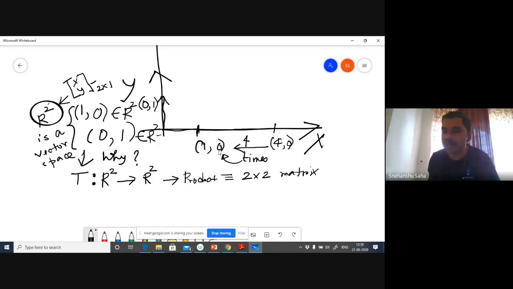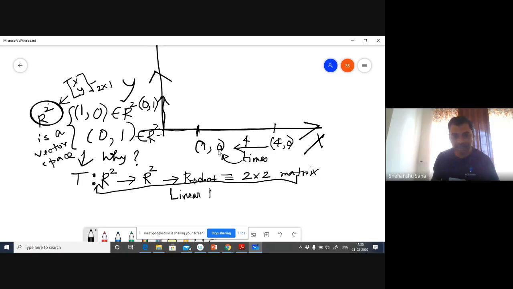This is how we actually generate matrices. Matrices do not come from thin sky. What I intend to mean is, you remember I said that I will be using matrices less frequently and linear transformations or linear maps more. So by this relation, what I imply is that there exists a linear map